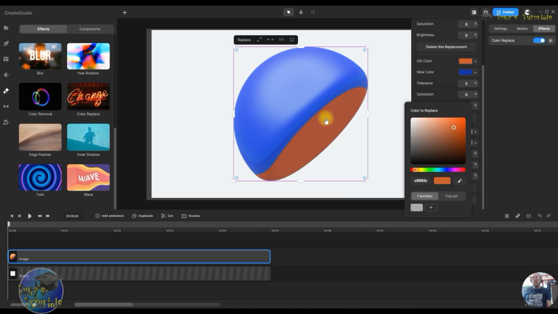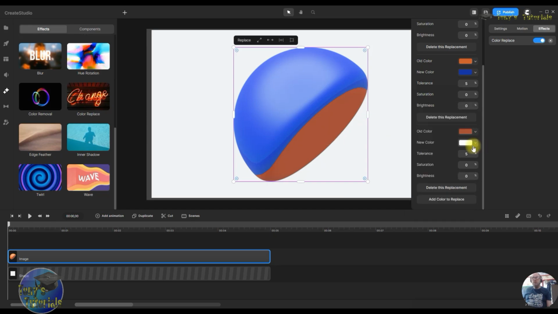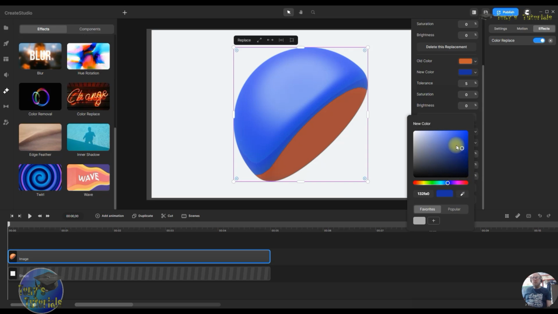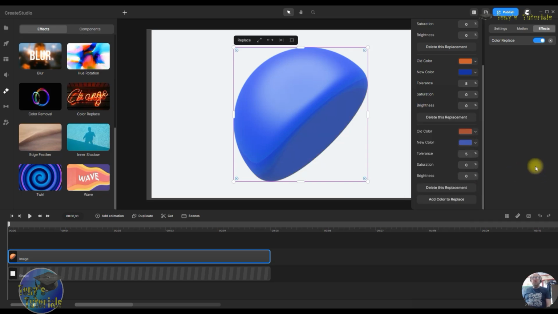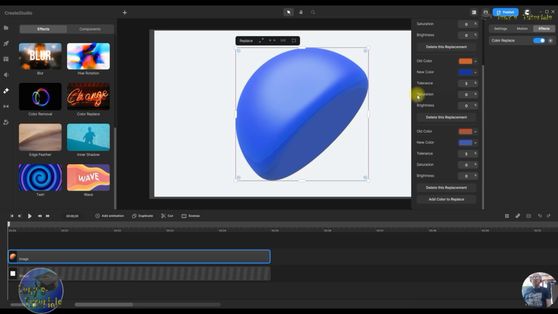Change that colour to there. Right, and change that colour to there. There you go. You'd have to change it two or three times for the 3D ones, as you could see there. So that's something to know about, is you'd have to change